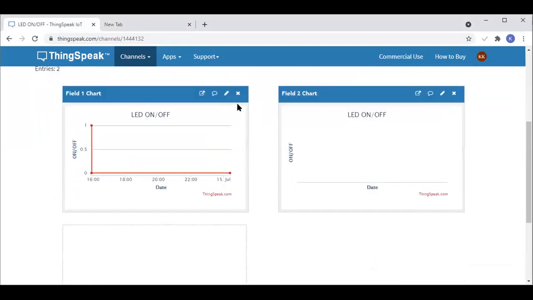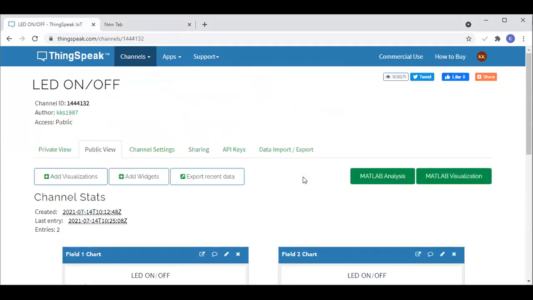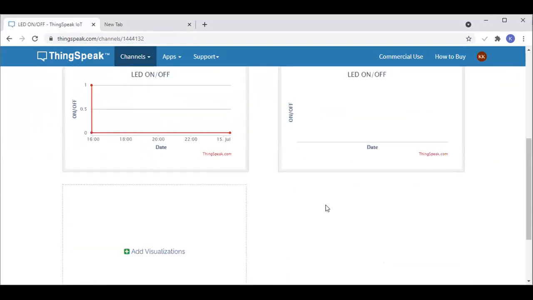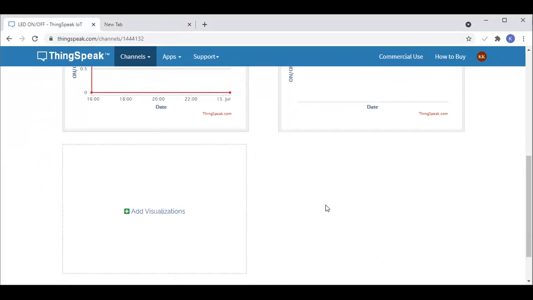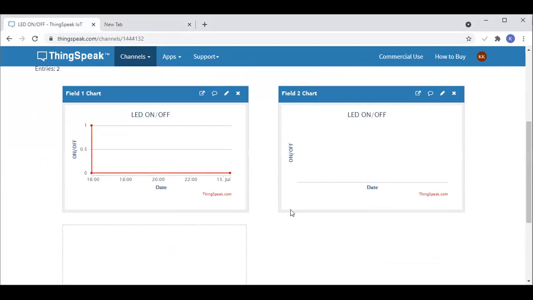Here you can have so many fields. For one account, you can have 8 or 9, I think. You can add visualizations, and you can add widgets also. Suppose you want to measure a water level using some sensors. Now this water level has to be shown.